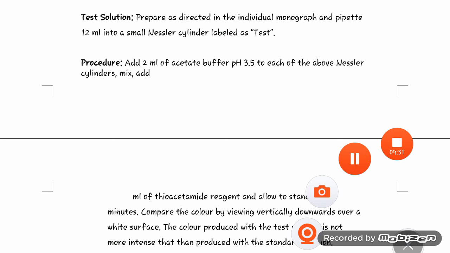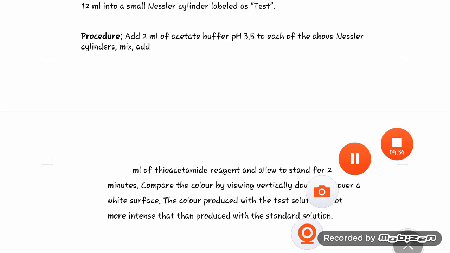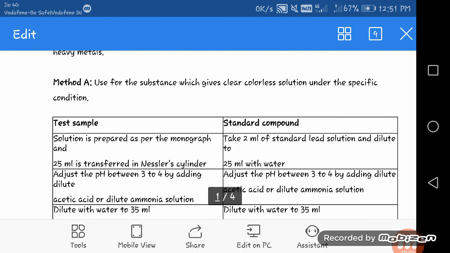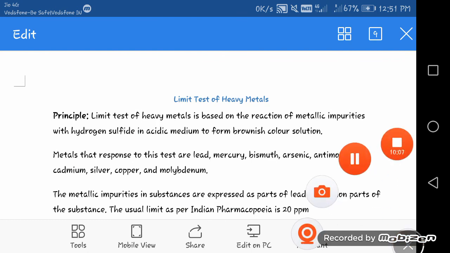Then procedure: add 2 ml of acidic buffer of pH 3.5 to each of the above Nessler cylinders and mix. Then add thioacetamide reagent and allow to stand for 2 minutes. Compare the color by viewing vertically downward over a white surface. The color produced with the test solution is not more intense than the procedure with the standard solution. So here we have completed the test for heavy metal. Hope you understand this. For any query